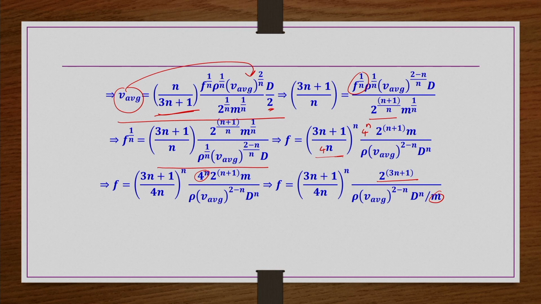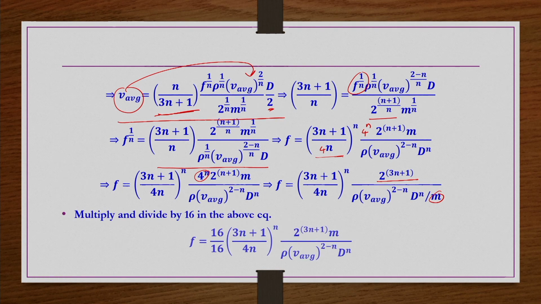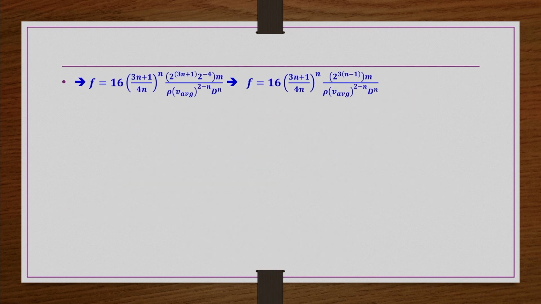Right. So now the next step, I am trying to multiply this expression by 16 and then divide by 16. So that is 16 by 16 and then all this as it is. Now in the next step, I keep this 16 as it is, and wherever the denominator 16 is there, I will take it to the numerator and write it as 2 power minus 4. When I write it, I get 2 power minus 4, and then 16 is here as it is. So then this term is as it is.